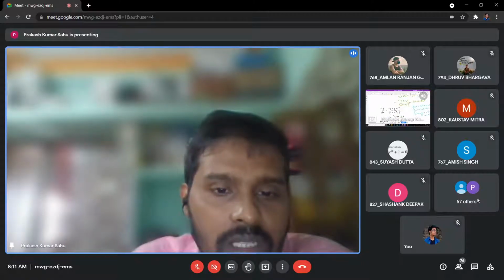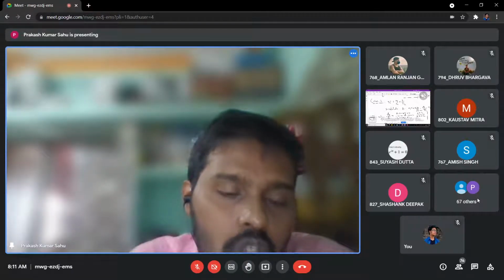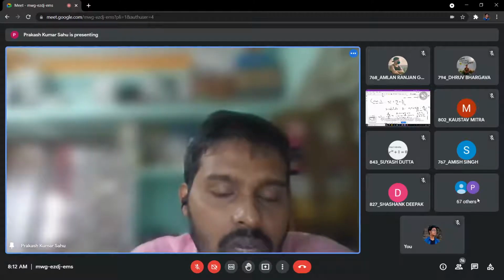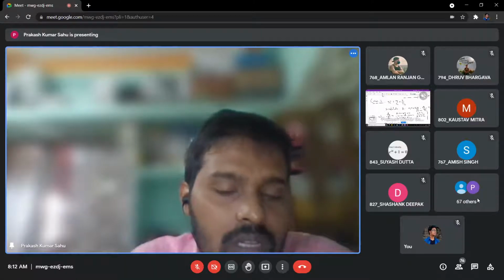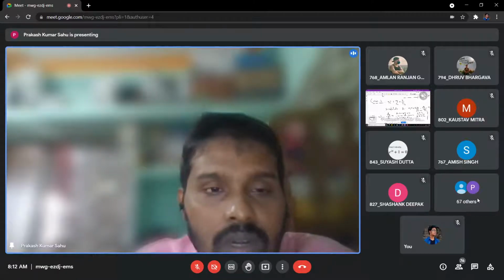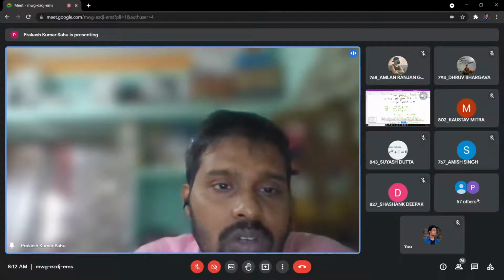But case 2 says that if a1 by a2 is equal to b1 by b2, then you directly substitute z equal to a1x plus b1y. If you directly substitute this z, then this non-homogeneous directly reduces to separable ODE. So it does not reduce to homogeneous, it directly reduces to separable OD. Then you can easily solve it, the separable ordinary differential equation. Got it?